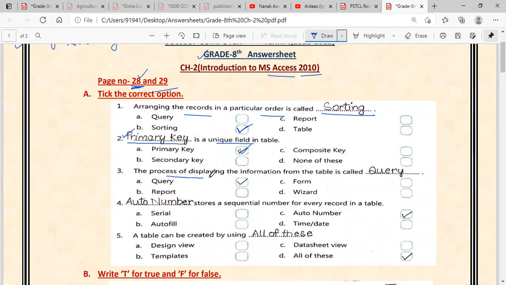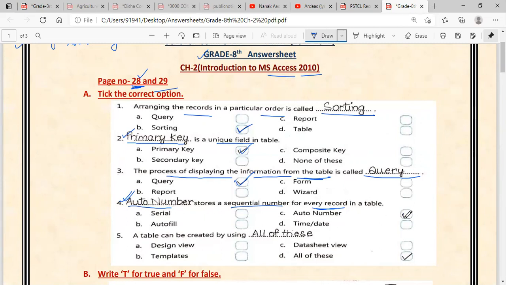Next, the process of displaying the information from table. Suppose your name and roll numbers are mentioned in the table and you want to display the information, and that process is called a query. Next is dash stores a sequence number for every record in a table. Now we use auto number to store a sequence number for every record.